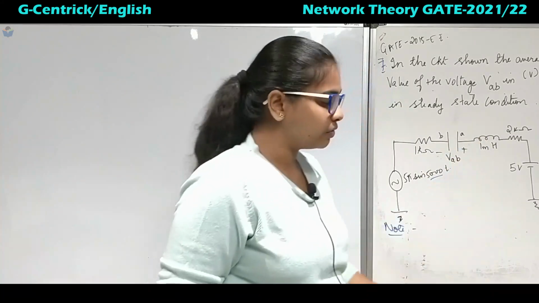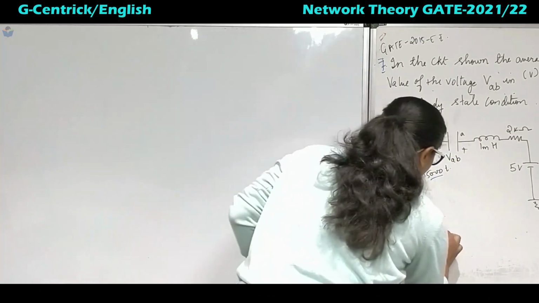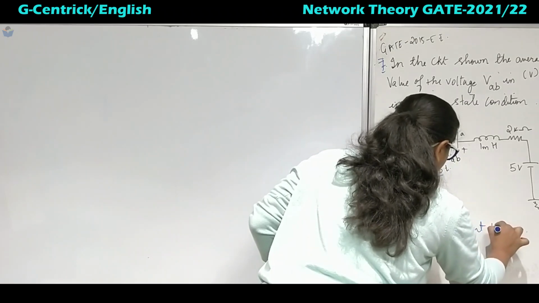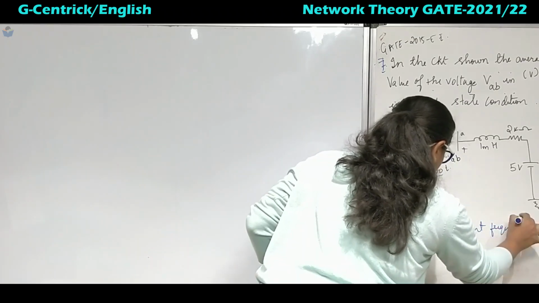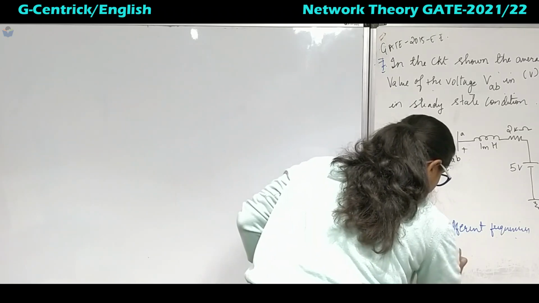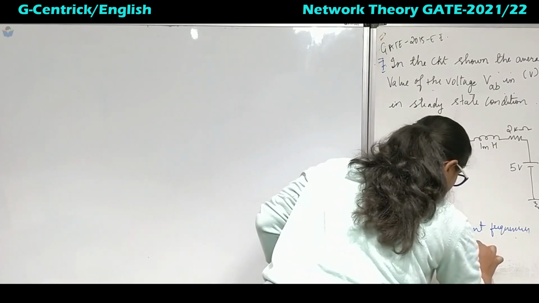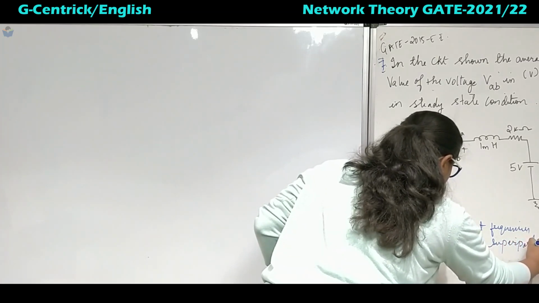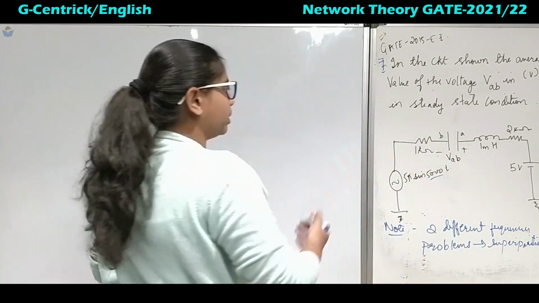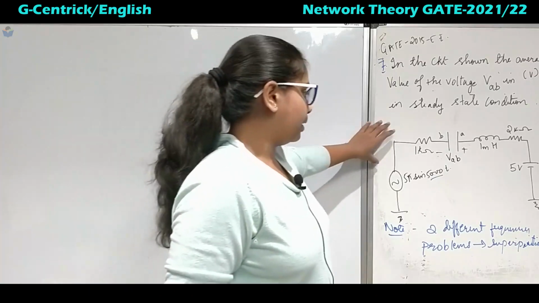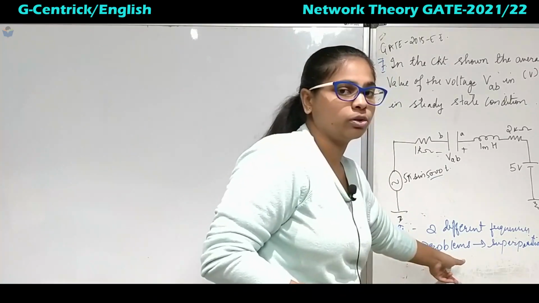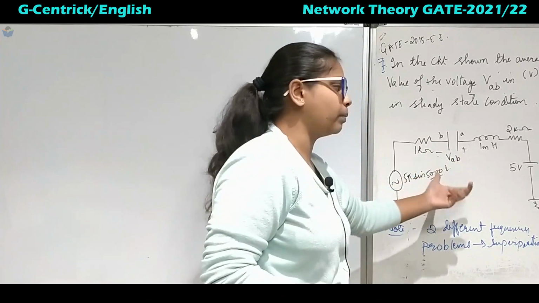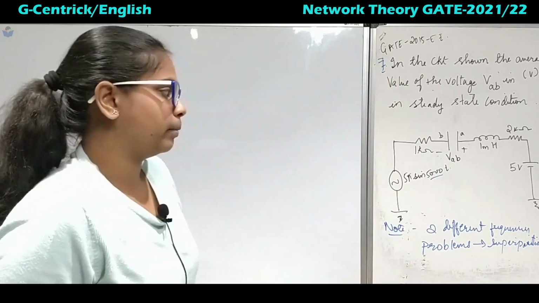Now we have got two different types of frequencies. So when two different frequencies are available, then solve this problem. Such problems can only be solved with the help of superposition theorem. You cannot apply any other theorem or basic solving techniques, but you have to apply superposition theorem. So whenever two different frequencies are given, we will apply superposition theorem.